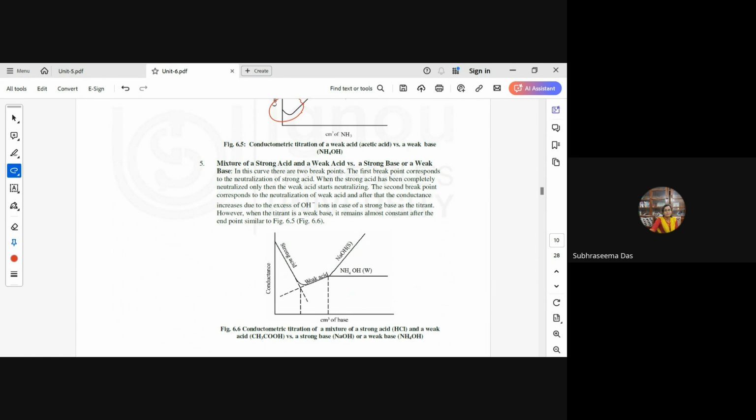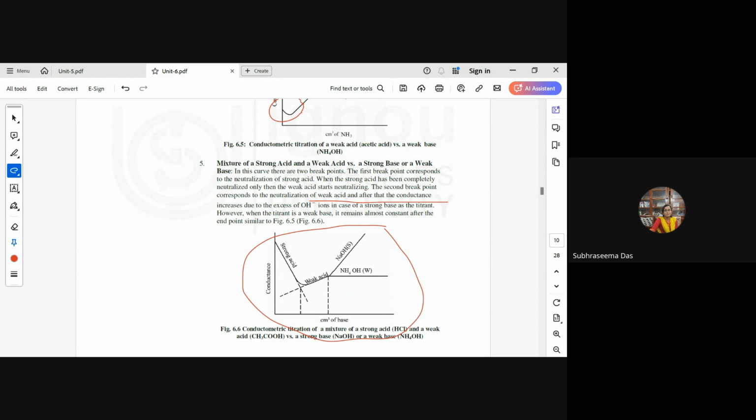Here we have a mixture. This is how, in figure 6.6, the mixture will typically look. Here we have two breakpoints. The first breakpoint corresponds to the neutralization of the strong acid. When the strong acid is completely neutralized, only then will the weak acid start neutralizing. This is indicated by the second breakpoint, which corresponds to the neutralization of the weak acid, and this is followed